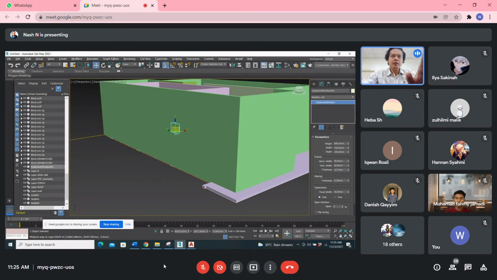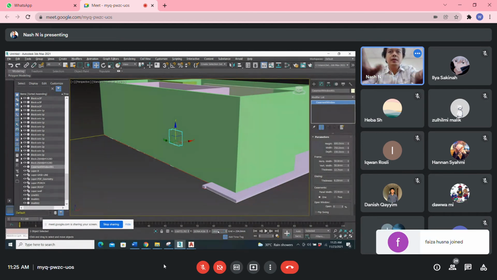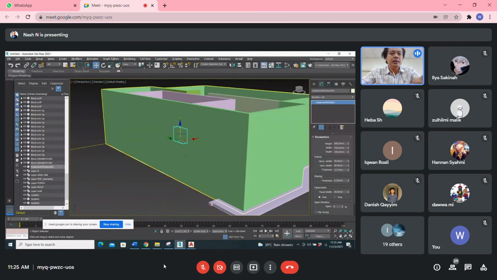Okay, two ways. If you want to move it up, you have to unsnap, something like this, or you can adjust it here. The height of the window normally is put at 7 feet, or 6 feet from the floor. So it's 1800. Okay, we can see it.